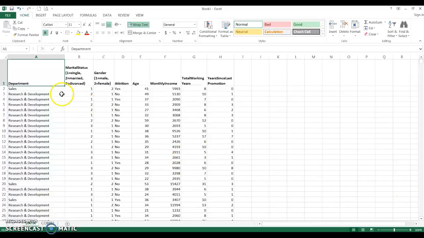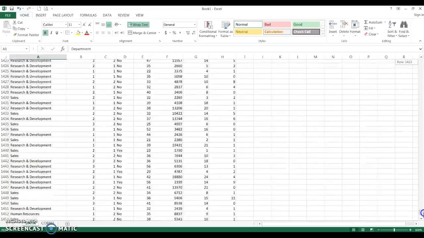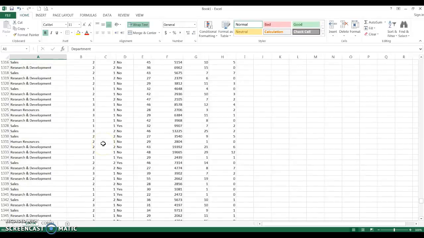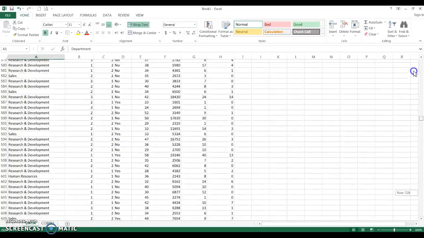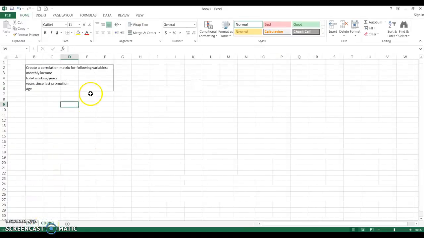So we have our data here, which represents the department, marital status, gender, attrition, age, monthly income, total working years, and years since last promotion, which goes all the way down to about 1,471 entries. With that in mind, we're going to look at what the data should be representing. Create a correlation matrix for the following variables: monthly income, total working years, years since last promotion,